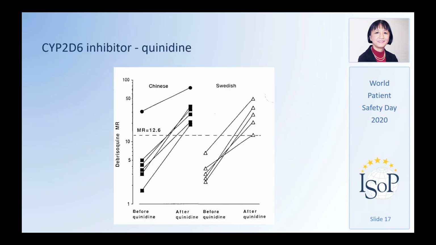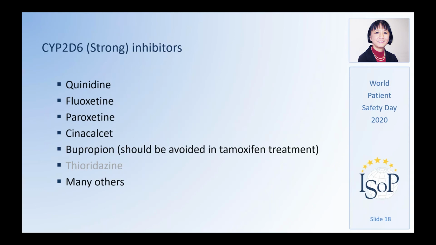We also want to know the inhibitors. There are potent inhibitors of the enzyme 2D6. After a single dose of 200 milligrams of quinidine, this could transform the rapid metabolizers or extensive metabolizers into poor metabolizers. Here are shown some of the strong or potent inhibitors of 2D6: quinidine, fluoxetine, paroxetine,